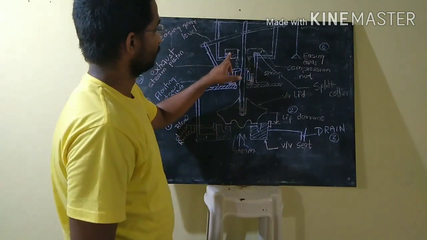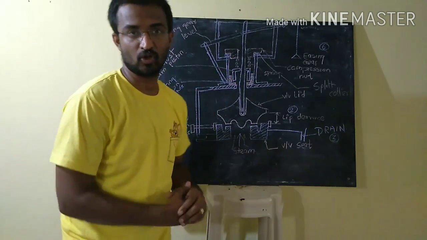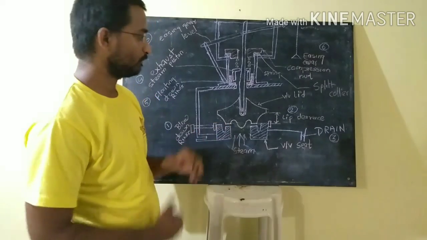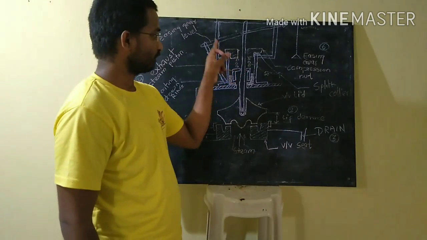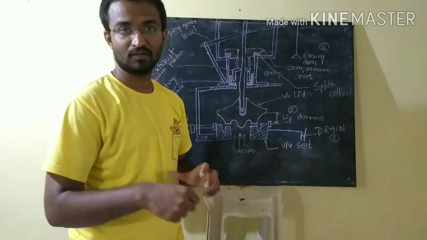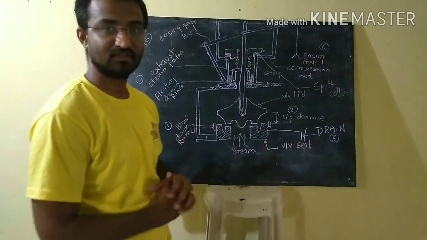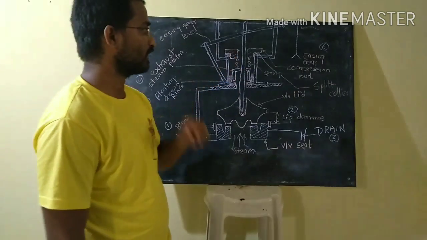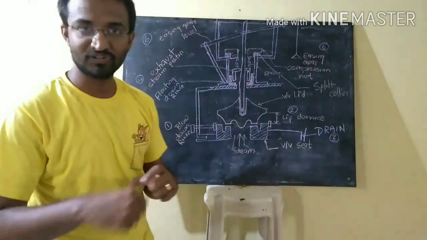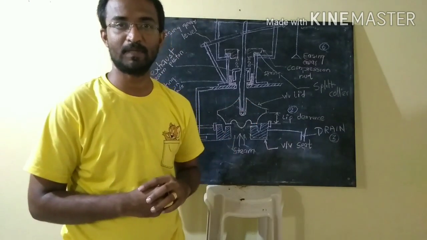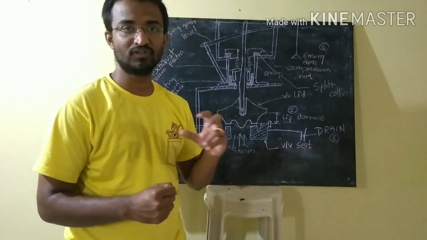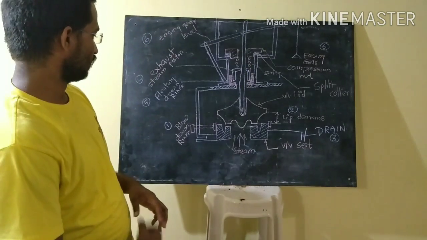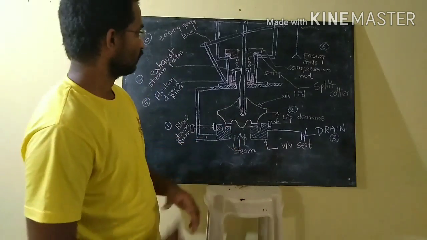The next thing is the compression nut and the split collar. Compression nut we will see afterwards, how we set the safety valve. The compression nut is used to set the pressure of the safety valve, that is, at which pressure it should get lifted. To adjust the set pressure, we use the compression nut and split collar. Once you do a proper setting, we insert the split collar. The reason behind that is that no one should change that setting. So for that reason we use the split collar. So we have covered all the parts of the safety valve.